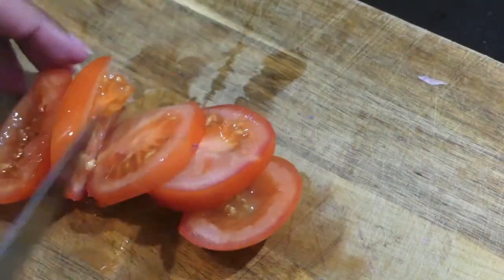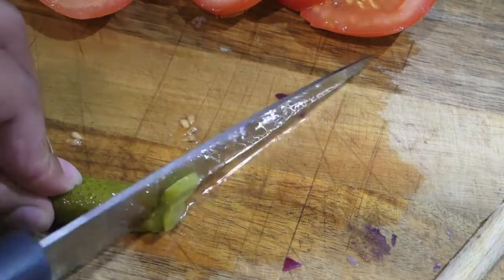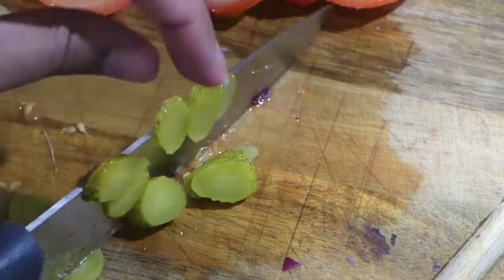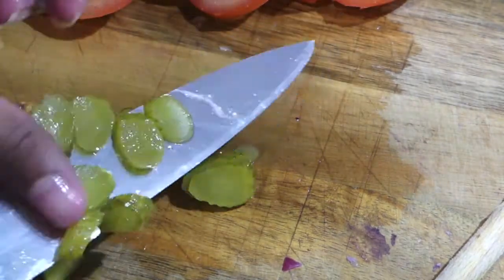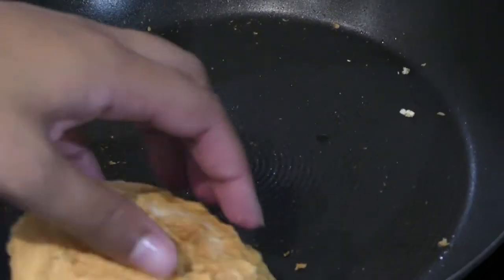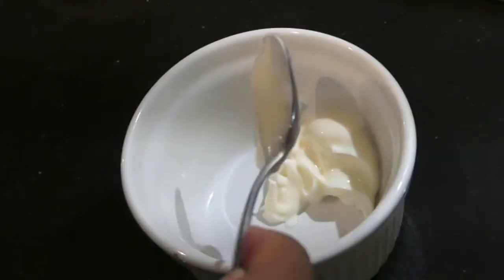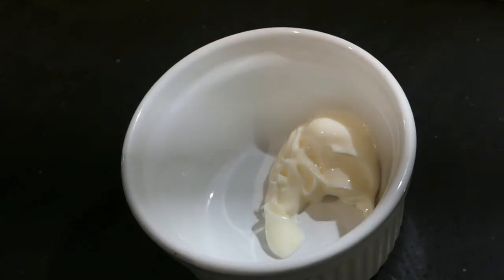Of course the pickles are optional. I really like it, adds a nice contrast to the more sort of fatty flavors and salty flavors in the burger, but you can leave it out if you want. So by now your buns should be toasted and you can put them aside and get started on your burger